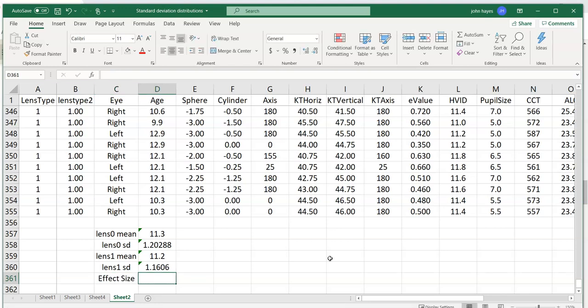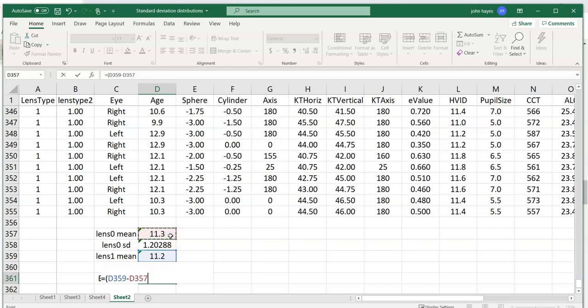Difference between means divided by the standard deviation. So, equals formula. Now, you put the control second. This is the aspheric, the one that is my new lens, minus spherical mean, close parenthesis. You want to add those parentheses or you'll just divide by the second number and that would make you unhappy with the wrong answer. Divide